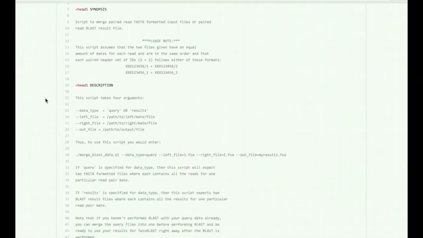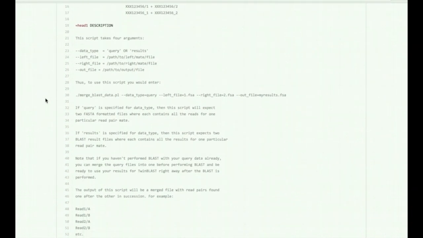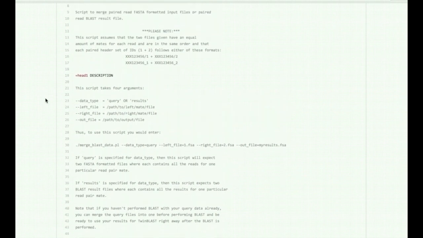This script can either take in two FASTA files, which you can merge together and then BLAST and use those BLAST results for TwinBLAST, or you can take two BLAST results and merge them together. Just remember that you must follow the format where the suffixes are paired. Either it's a slash and then a 1, a slash and then a 2, an underscore 1, an underscore 2. It can really be any characters, but they have to be consistent, where all of read pair 1 has the same suffix and all of read pair 2 has a different but also the same suffix within that